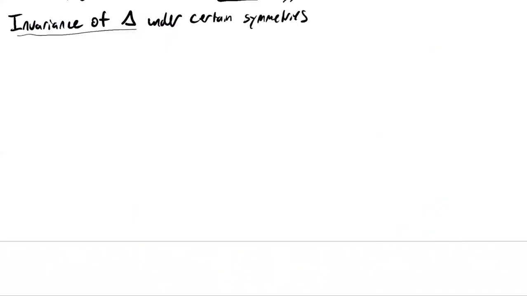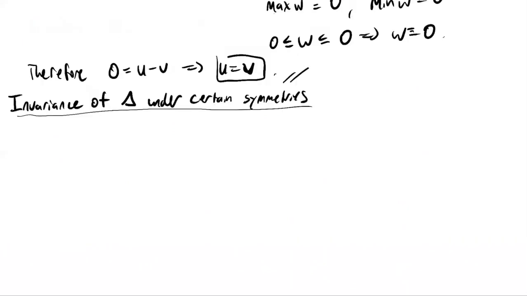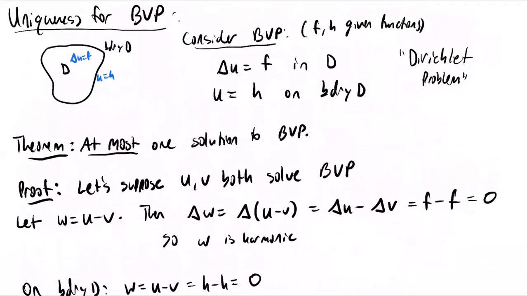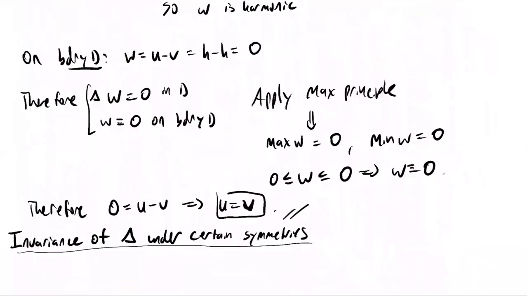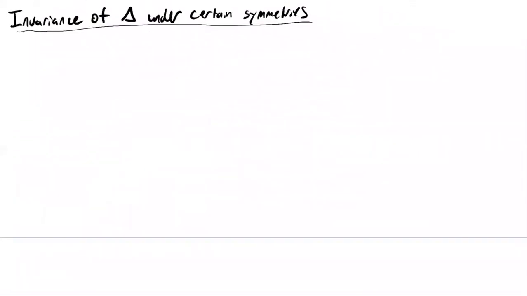Right. And so up until now, the arguments that we've been given will apply equally in both 2 and 3 dimensions. Remember, everything here is valid in either 2 or 3 dimensions, right? The maximum principle and the uniqueness result. Well, when you talk about different symmetries that are related to the Laplacian, well, here we have